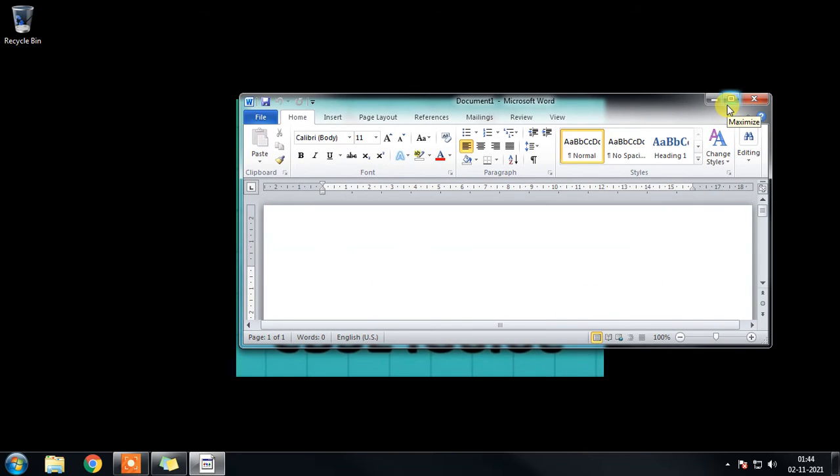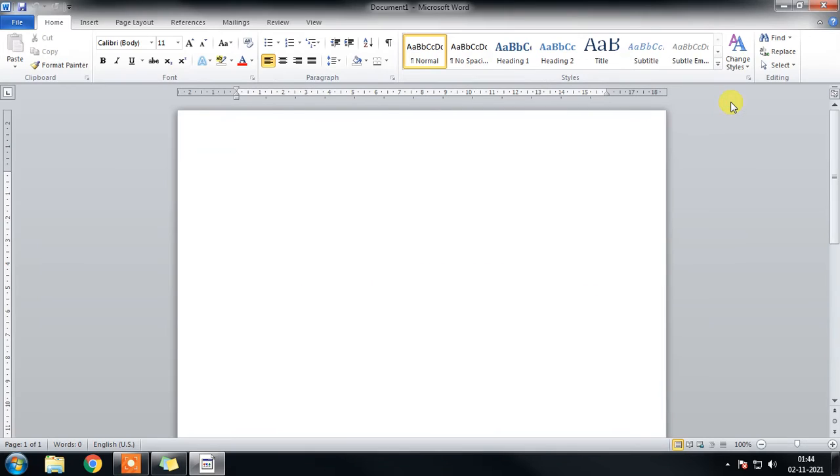Now let's look into the quick access toolbar. Here there are three icons by default. This icon is called the save button, this one is called undo, and this one is called redo. As I said, by default these two are inactive when you open a new document for the first time.